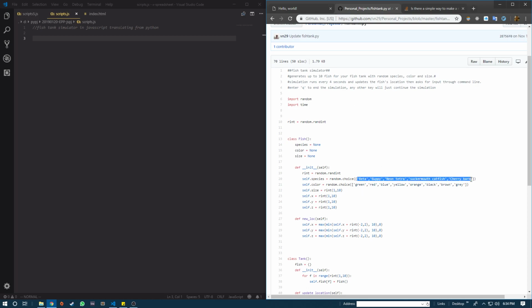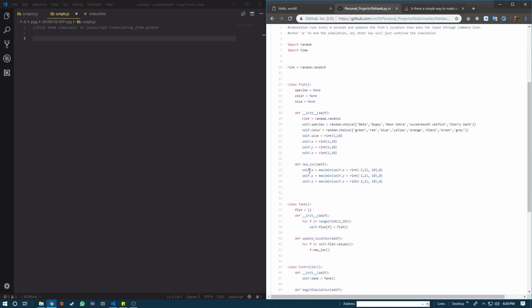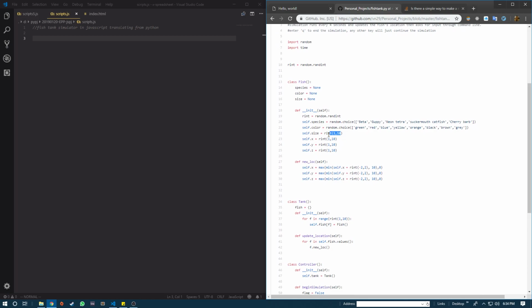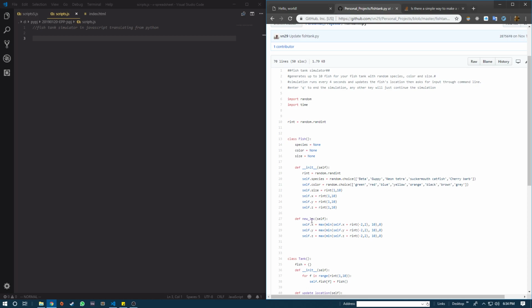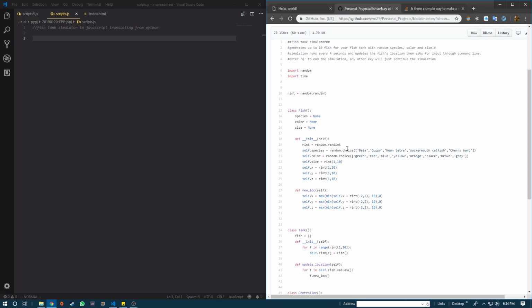You can kind of get a peek ahead at them here. So, for example, one species is betta, another one's a guppy. They are assigned a random color as well, and they are given a random size. 1 through 10 is the value I'm using to dictate that, as well as a random XYZ coordinate. So basically, at the beginning, the fish will randomly spawn in at random locations throughout the three dimensions